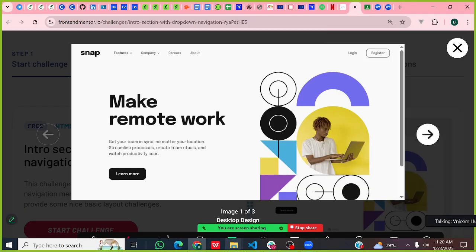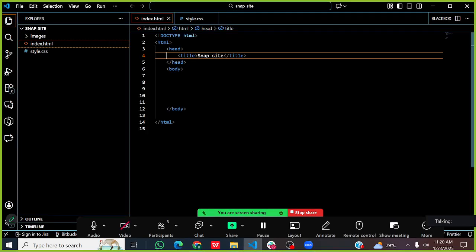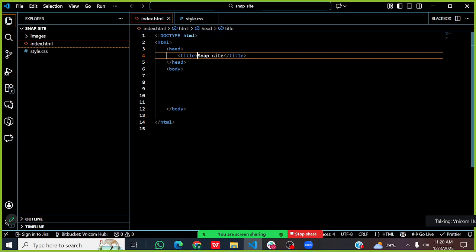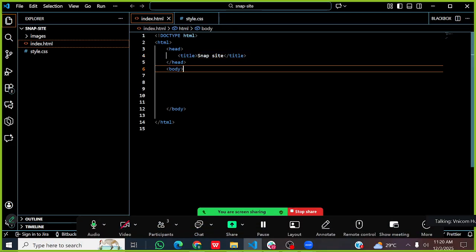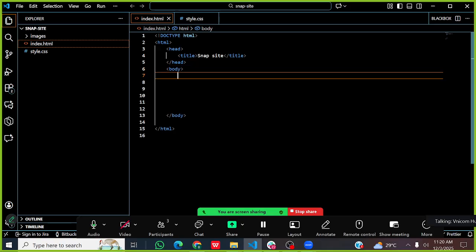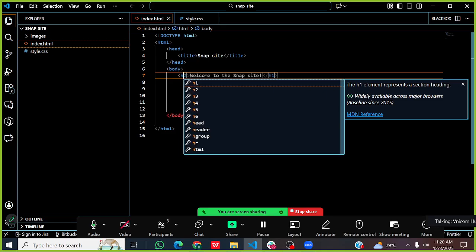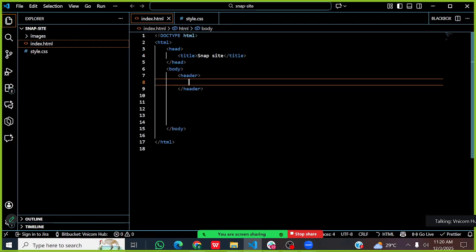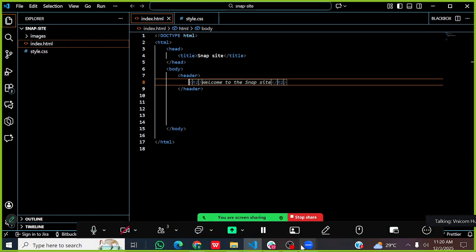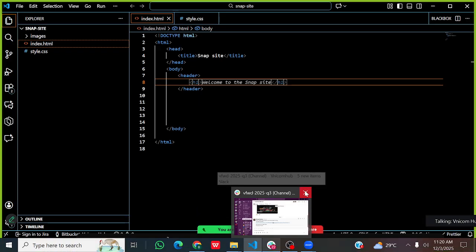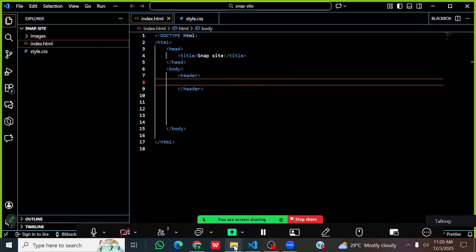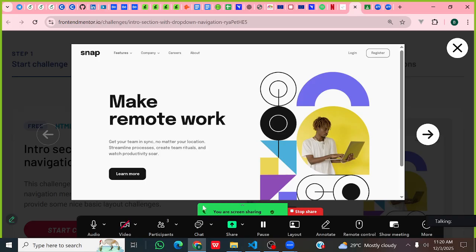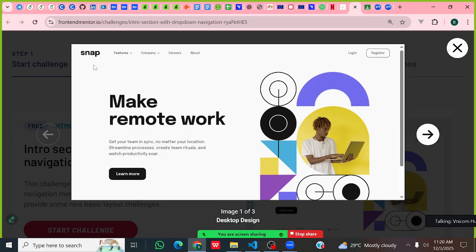so start with the header. So we have the HTML, head tag, the body tag. For the head tag, heading section, I'm going to use my header tag for that. And inside my header tag, let me cancel this. So in the header tag, just to sectionalize it,